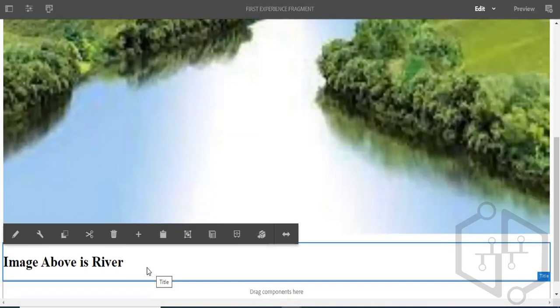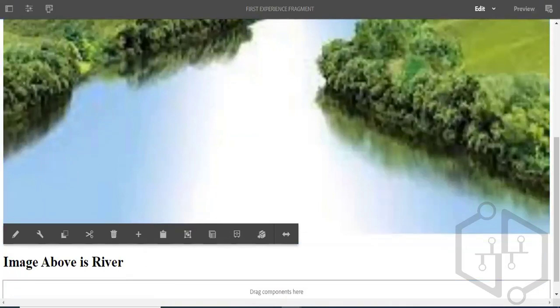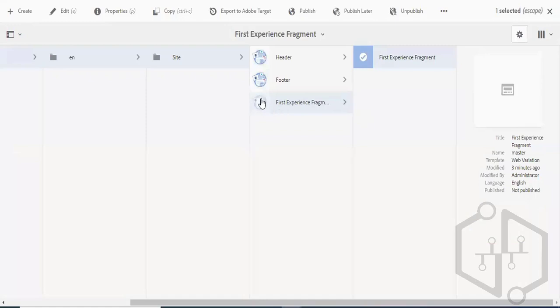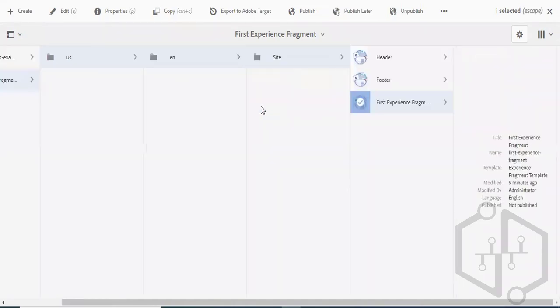What we will be doing is copying this experience segment, pasting it, and then updating all the references on those 10 pages to start referring to the new experience segment. In future, this future thing we will discuss later. But the best solution for this would be that instead of